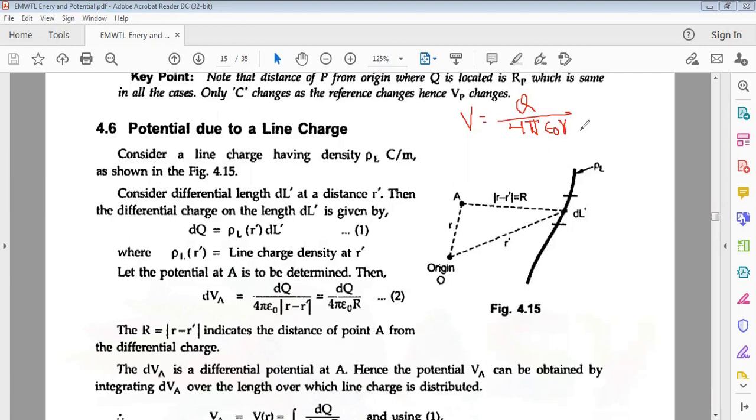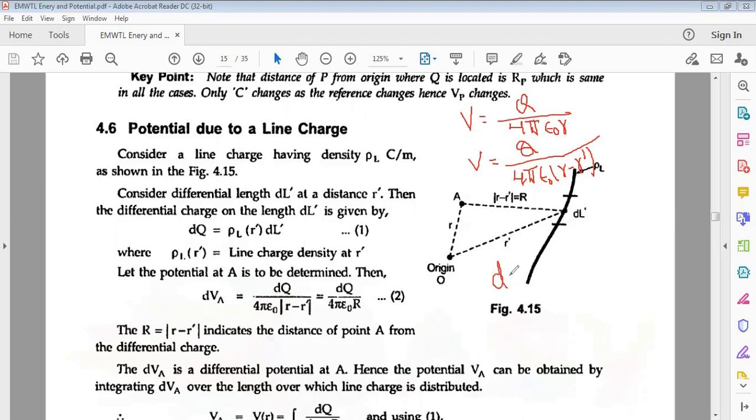Okay, and if another charge is also there, then V is equal to Q by 4 pi epsilon naught into R minus R dash, where R is from the origin to the point A. If several number of charges are there, that is a sum over i equal to 1 to M, with R minus Ri and the Qi also. Okay. Now the differential voltage